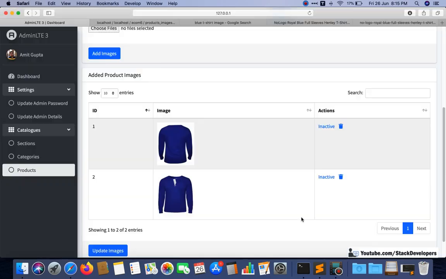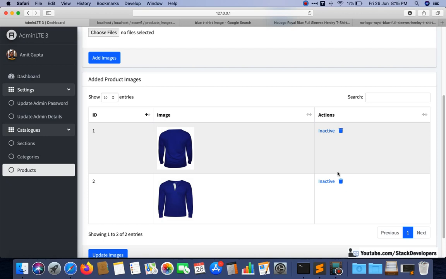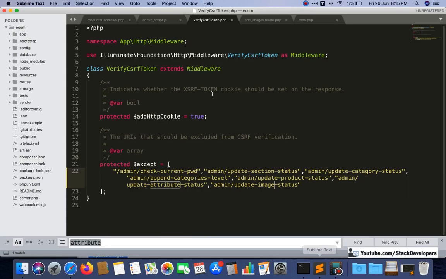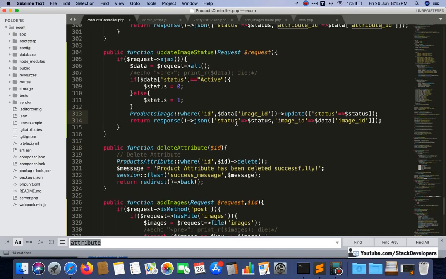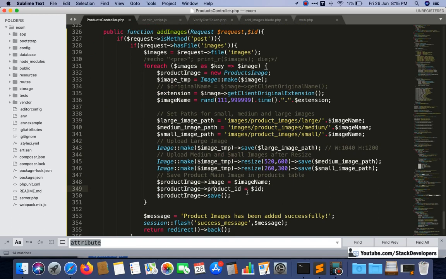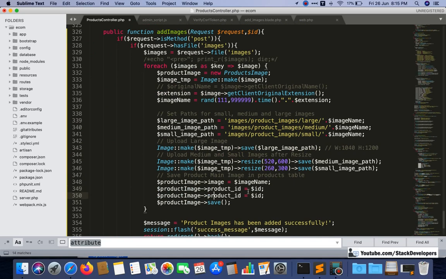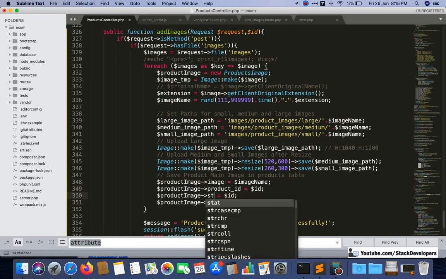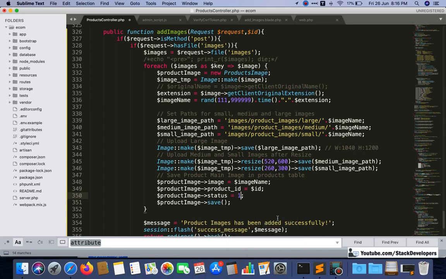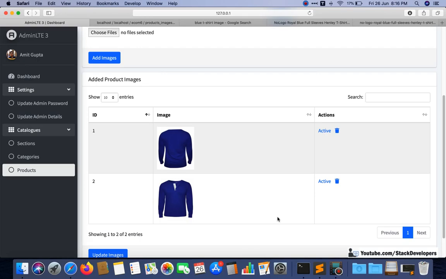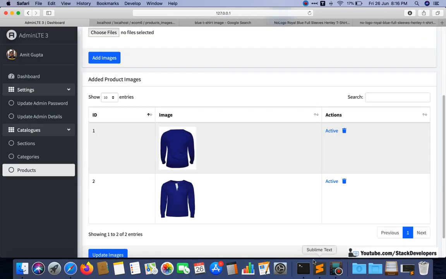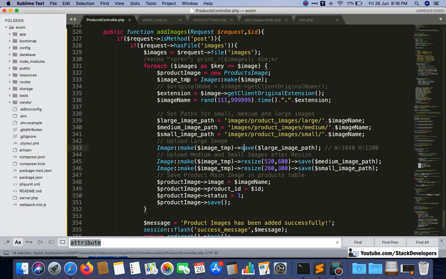Now we can try updating the status. See, both are inactive right now. We can make it active. See, you can make it active. And the first time we want to make it active, so for that we just require to make the status active. Status must be 1 always while adding a new image like this. Now we can check once again. See, first I will do the delete functionality, then we will check.